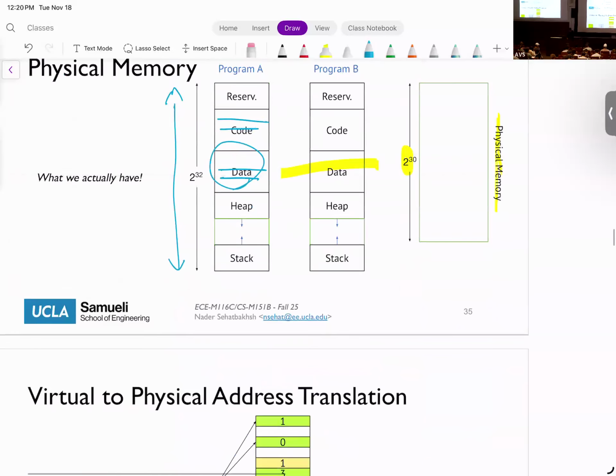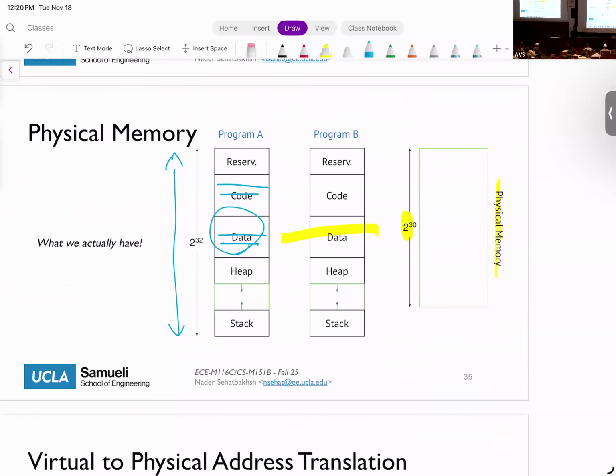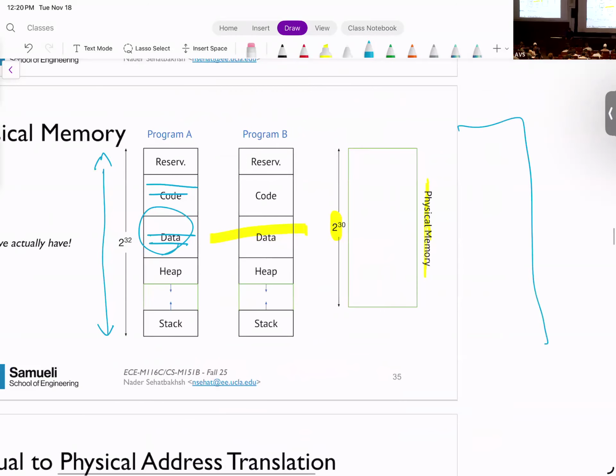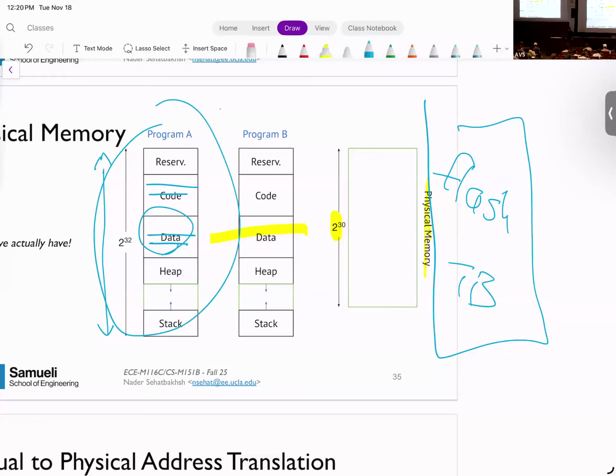All right, so for now, let's assume that we have enough for everybody. Later on, I'm going to also talk about demand paging. And don't forget that we also have a much bigger memory, which is my secondary memory. This is my flash or hard drive, and this is usually on the order of terabytes. So eventually I can fit all of these programs in here, but at the moment, I only assign a subset of these to my physical memory.